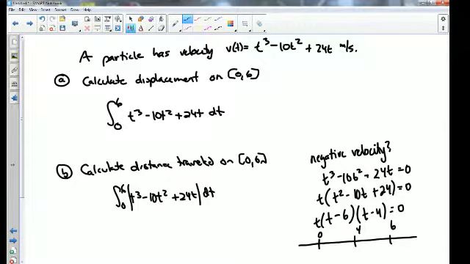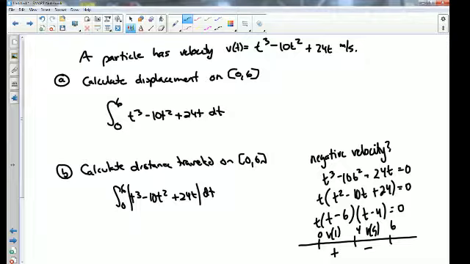Okay, what's the velocity at 1? Negative or positive? Positive. And velocity at 5 is going to be negative. So we have a negative from 4 to 6. That's what we were trying to figure out. Are you with me on that? Finding where velocity is negative. So then do the integral from 0 to 4, and then subtract 4 to 6.